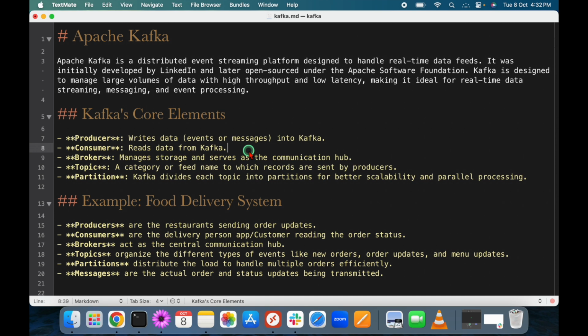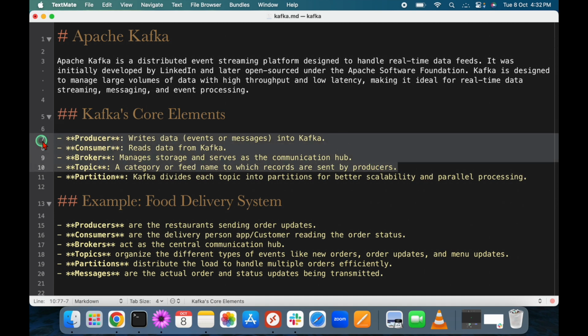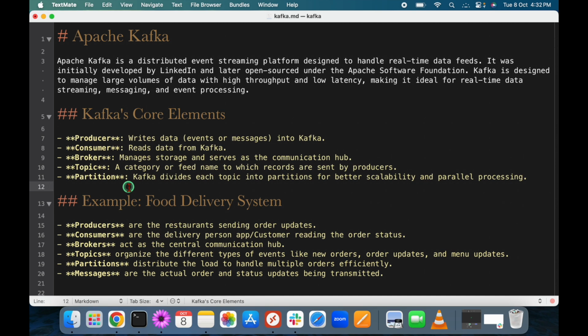So broker means like the server, so in between a central server, so who takes a message from the driver mobile phone, who gives that message to end customers mobile phone. So this thing, right, it is managed by broker. So basically topic, right, it's a kind of a feed name. Okay, so we can group some messages into a topic for streaming purpose. All right, so these four are primary things. So message itself is a message. Okay, so